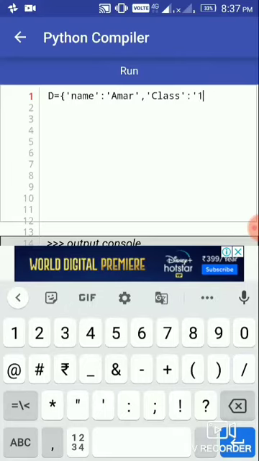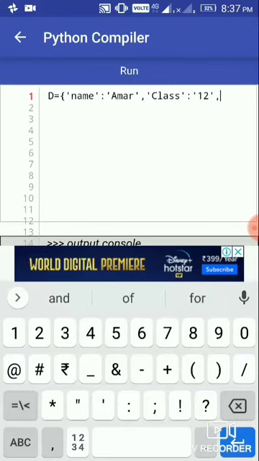We don't need to use quotes for numbers, but we can, so that the interpreter understands it as a string, a not changeable value. So class equal to 12. By the way, the values of the keys are already an immutable data type.